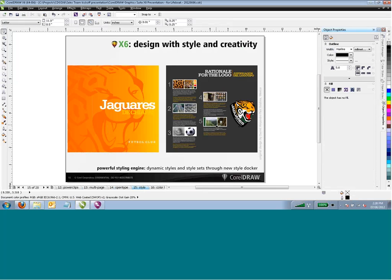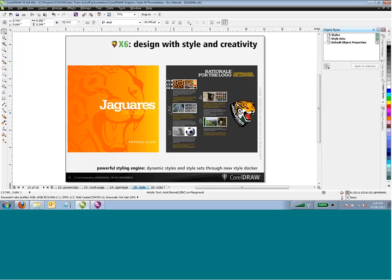Now, another area that we've added a lot of focus on, and again, if you think in terms of, say, WordPerfect, this is kind of a no-brainer, is having document styles and object styles. If you're designing multiple pages and it's a really complex design and you want to have consistency throughout that design, you can actually apply styles to various objects. In this sense, I'll try it out here with text just to show you what I'm talking about. If I click Object Styles and I multi-select these numbers here,